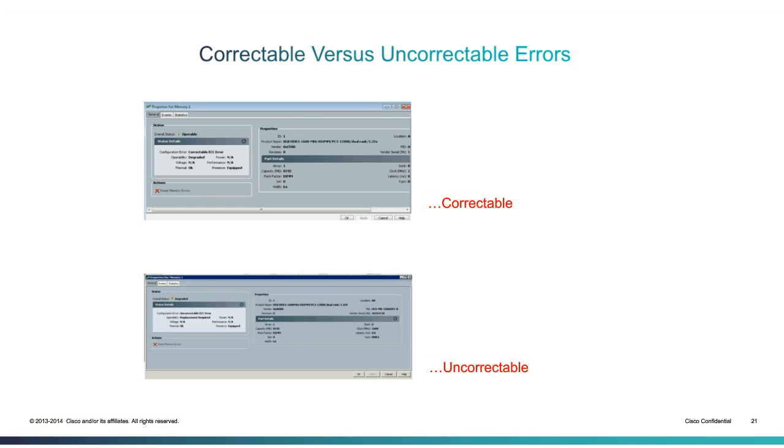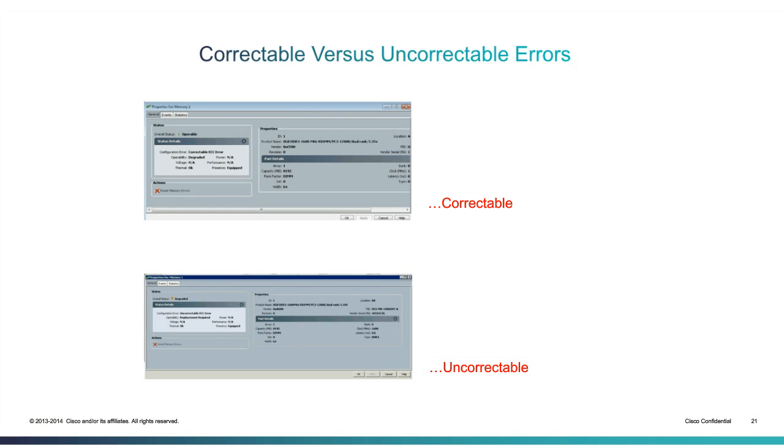Here's an example of the correctable versus the uncorrectable. At the top, you have the correctable, which shows that your DIMM is still operable. You might check your cell logs. You can see that the status detail shows correctable ECC errors. The cell logs will definitely log the entry showing how many correctable errors, with timestamps and at what position. So it might tell you that 2 correctable errors were recorded on